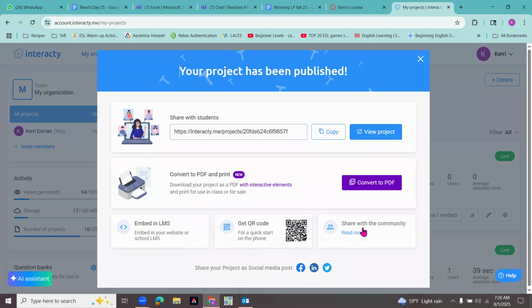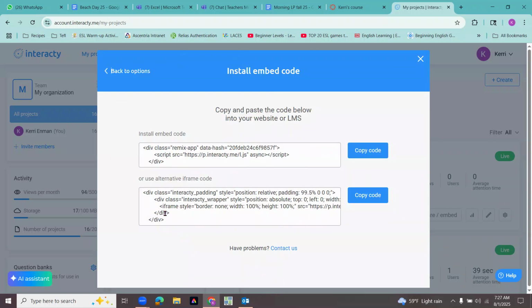Once you do that, you'll get a number of different ways to share this activity. So you can copy the link and put that in your WhatsApp group. You can convert it to a PDF, get a QR code. I want to embed this today in my Canvas classroom. So I'm going to click on this and I'm going to use this bottom one for Canvas and just copy that code. And then I'm going to go over